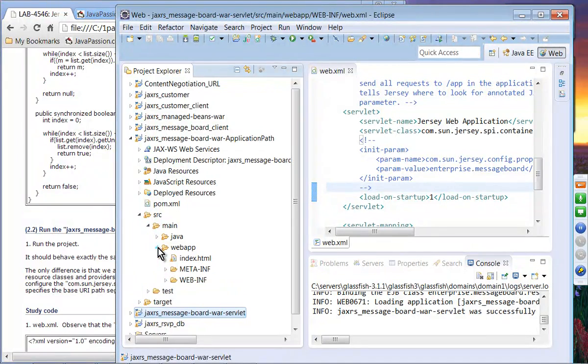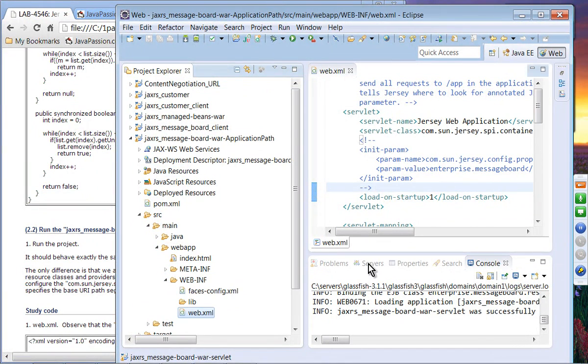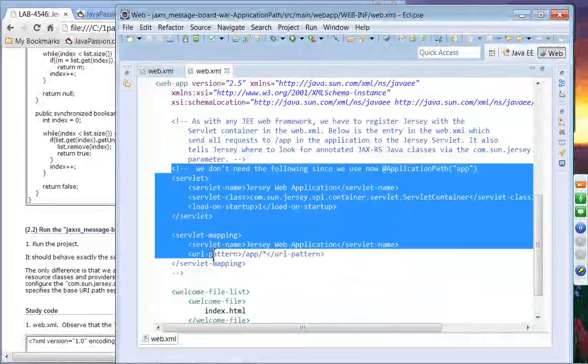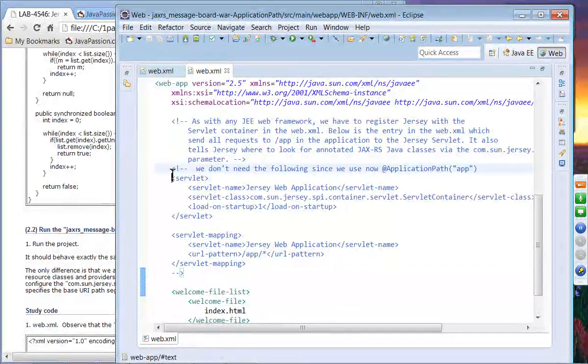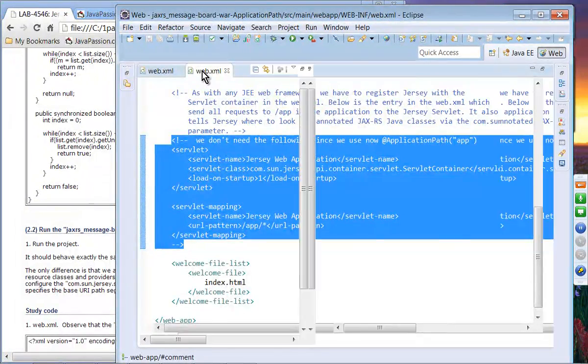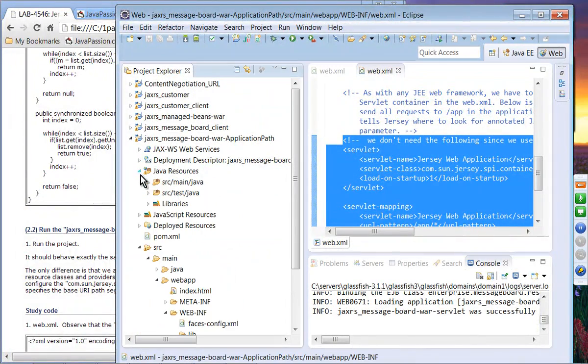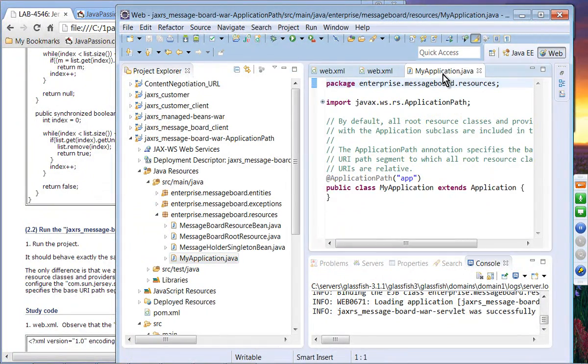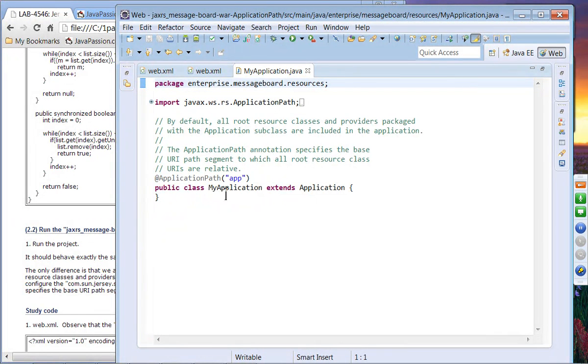So if you take a look at the web.xml file here, we commented out the servlet mapping. So this is actually removed, so you don't see any configuration of the Jersey servlet in the web.xml file. Instead, what you are seeing is the application subclass. We have this my application subclass, and by having a class that extends this application class, by the way, if you take a look at the